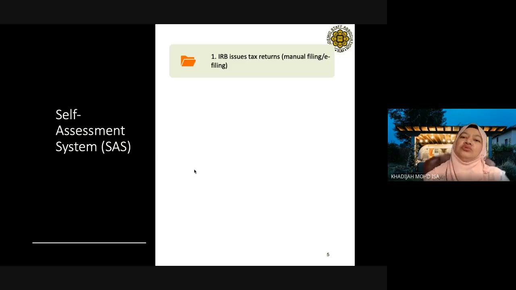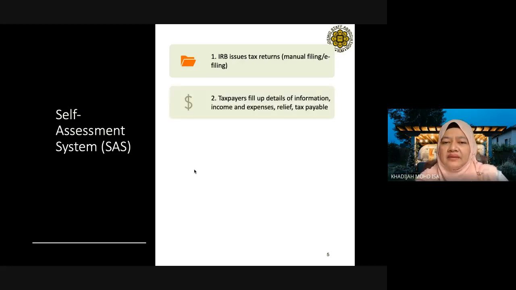So either you do it manually or you do e-filing. You access the income tax return form first. Then once you have your e-filing, you fill up all the information, your income and your expenses, how much relief you want to claim, and if you do e-filing, then the amount of tax liability will be computed